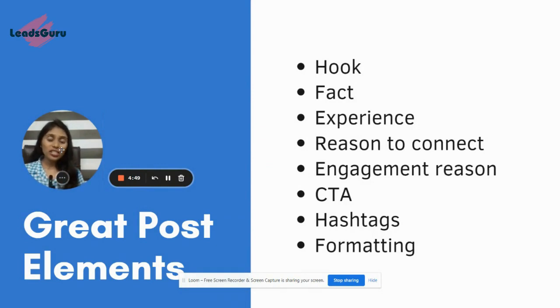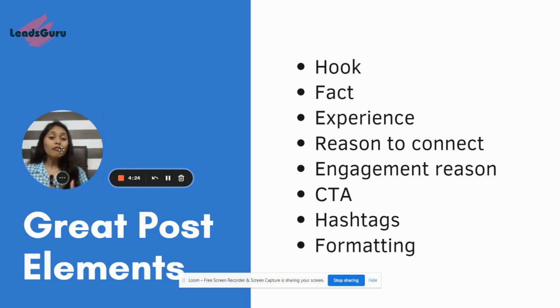When it comes to CTA, you must make sure that the comment you are asking for has the right question so that people can answer, and you should ask for their opinions or suggestions. Then you will get a lot of comments, and people can definitely put their suggestions in the comment box, right? This way it will have a CTA.